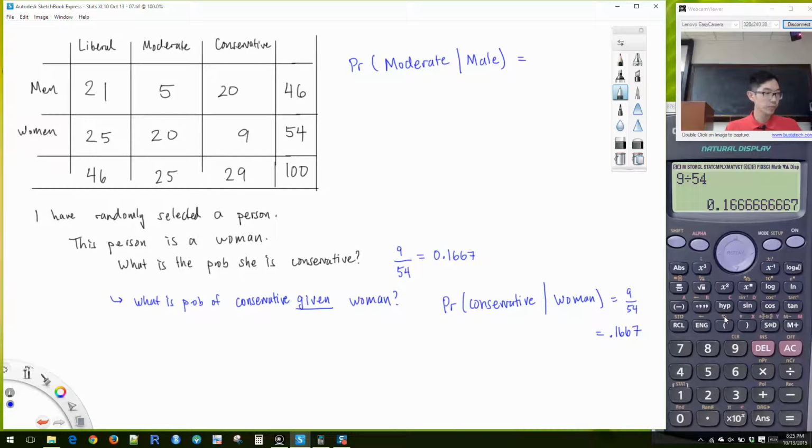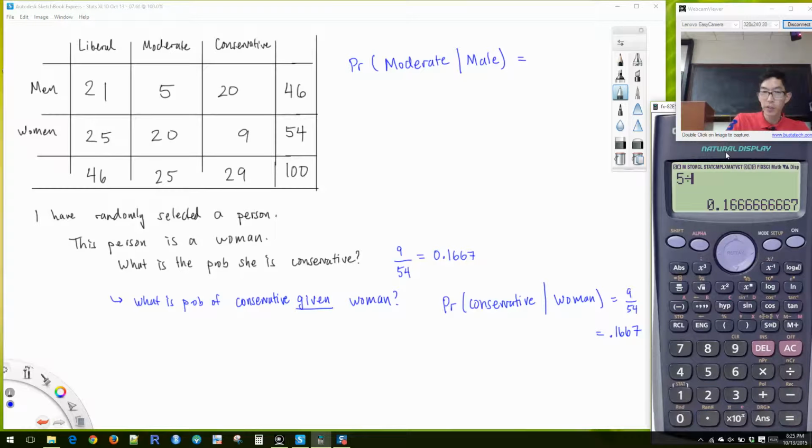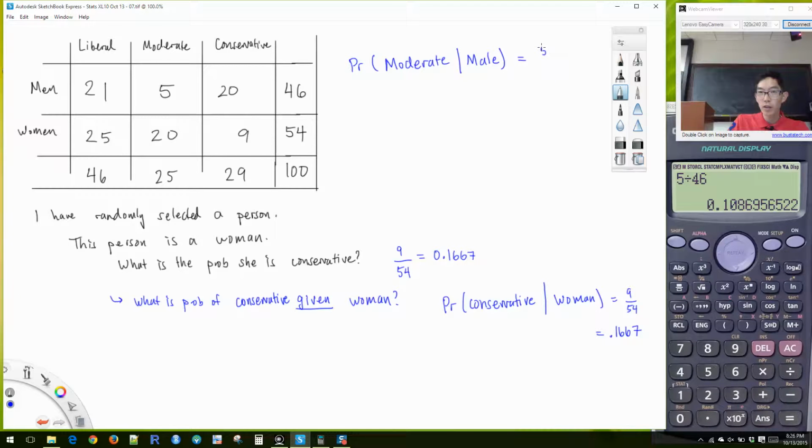Okay, what do we have? 0.10. Okay, so our answer is going to be 5 divided by 46, so we have 0.1087. Yeah, how dare you tell me 0.1086. So we have 0.1087 if we round to 4 decimal places, and this is what is the probability